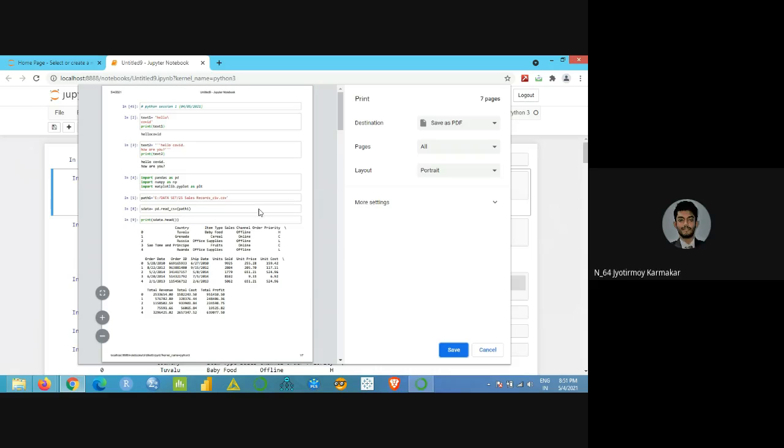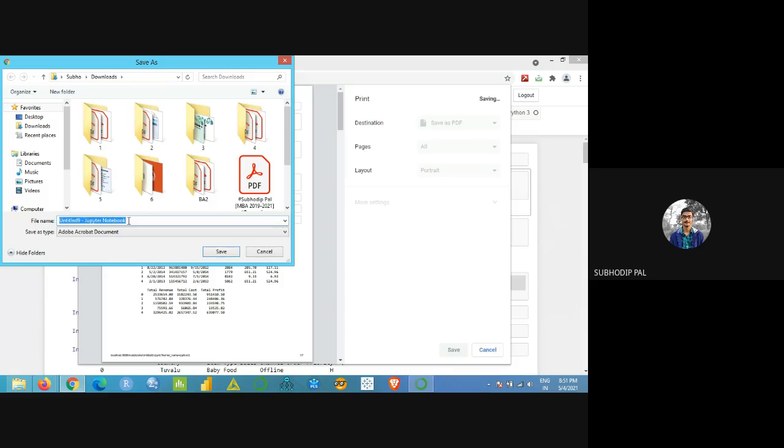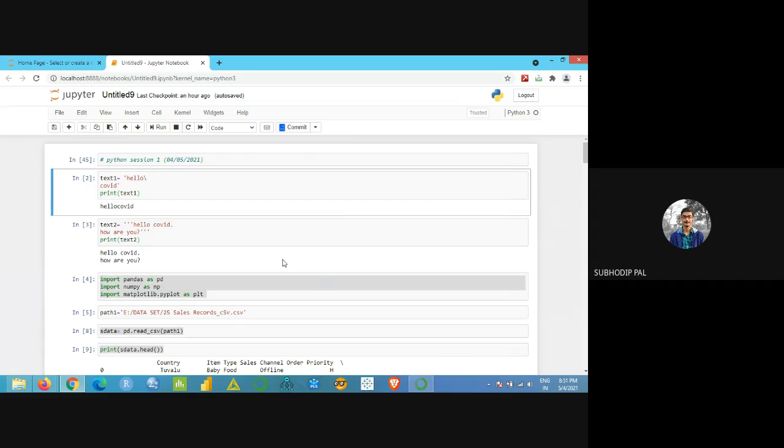Press it in Google Chrome, this screen will appear. Now you can see here, Save as PDF. Save. I'll write my Python session 1. Save. It is saved in PDF format in my system.